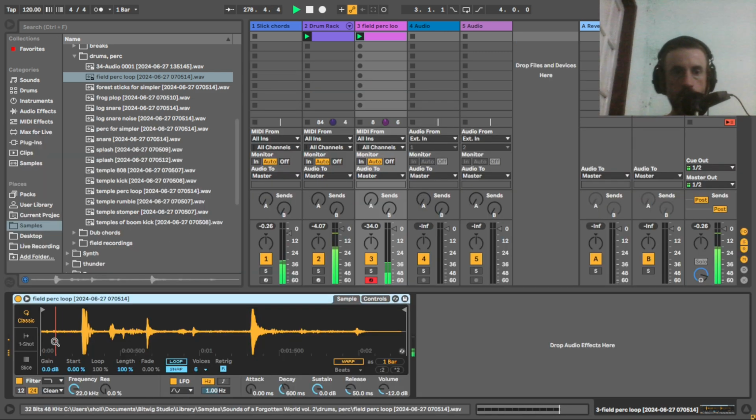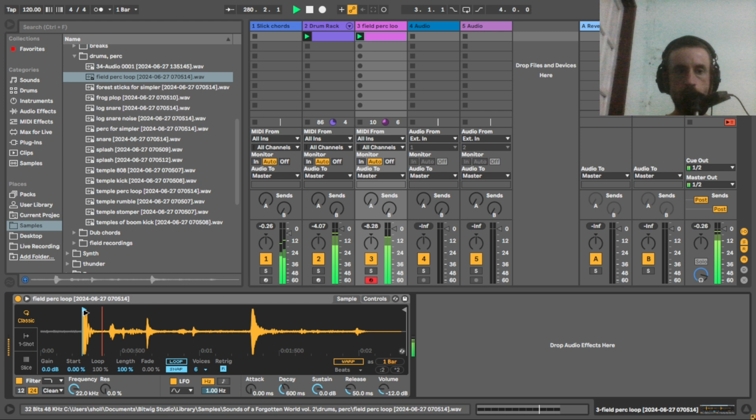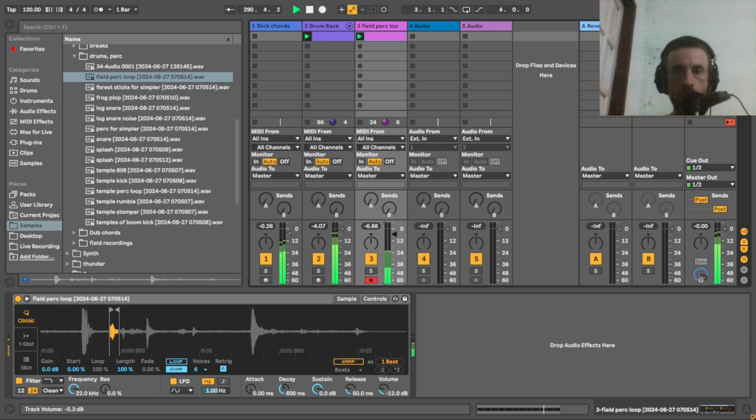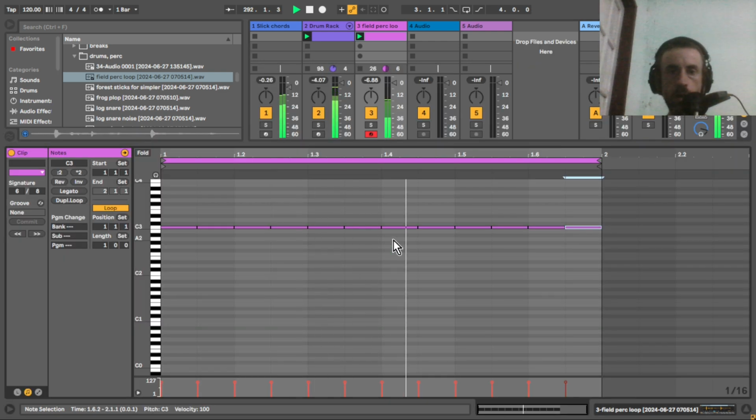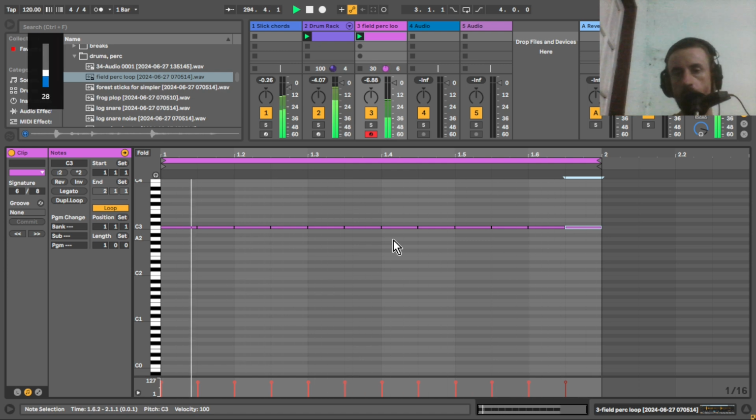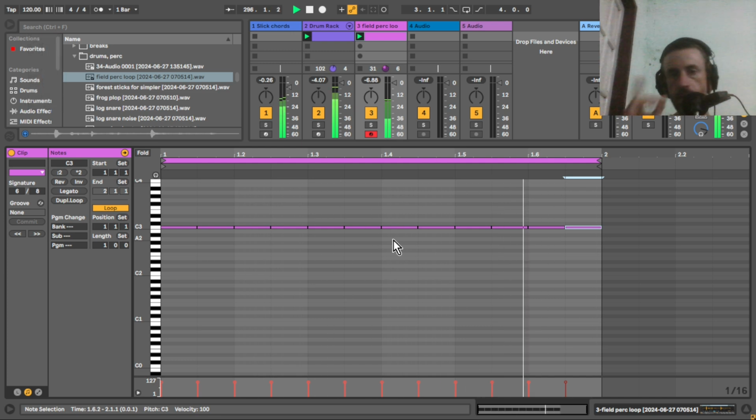So let's just select a portion of the sample we want. Right there, sounding pretty cool, like a shaker, I guess. Let's go into the MIDI clip here. Right now it just sounds straight because it's basically like a 16th note here. It just sounds straight, but if you were to